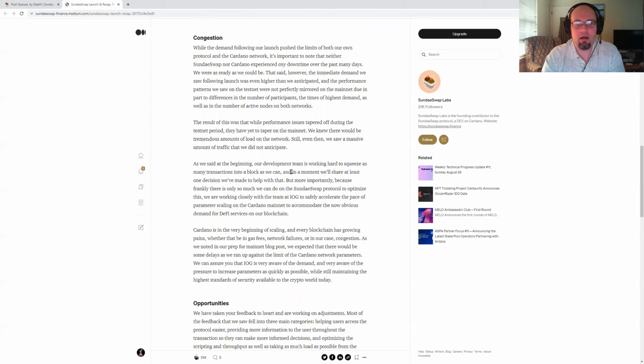As we said at the beginning, our development team is working hard to squeeze as many transactions into a block as we can. And in a moment, we'll share at least one decision we've made to help with that. More importantly, because frankly, there is only so much we can do on the SundaeSwap protocol to optimize this, we're working closely with the team at IOG, Input Output Global, those are the ones that work on the Cardano protocol, to safely accelerate the pace of parameter scaling on the Cardano mainnet to accommodate the now obvious demand for DeFi